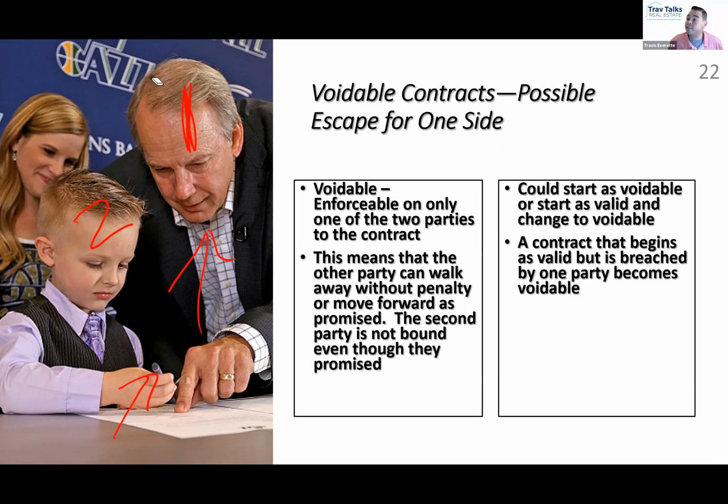Does that make sense though? The judge is essentially going to say, Elizabeth didn't do anything wrong here. I can't force Elizabeth to purchase this property because the promise she was made of getting a roof replacement didn't happen. So I'm not going to hold her responsible for her promise to purchase the property. Does that make sense for everybody? Everybody good with that?